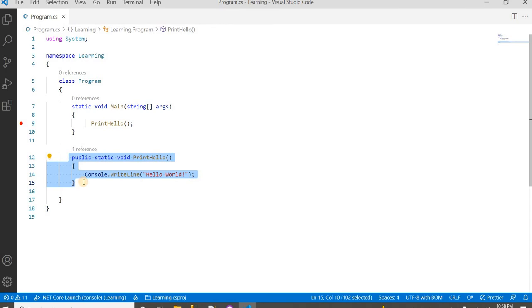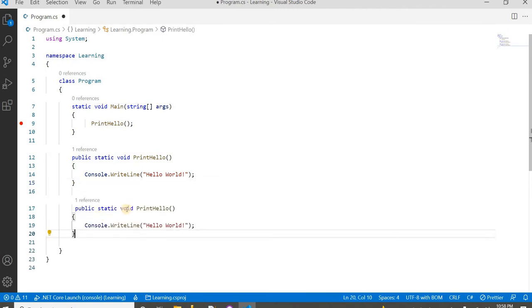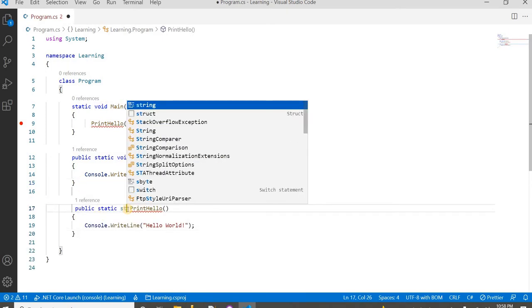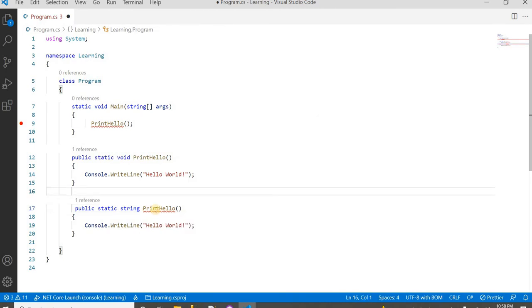A method is not just with a void return type. Multiple things are there with methods. So let me take another example here. We can say public static string GetPrintMessage. So this is the method name. Now as I have written string here, I need to return some string value from this.